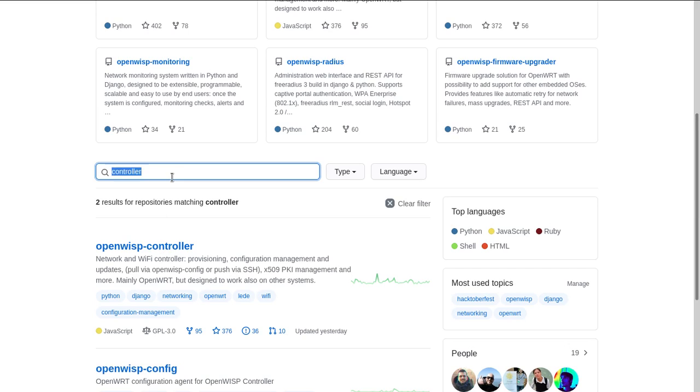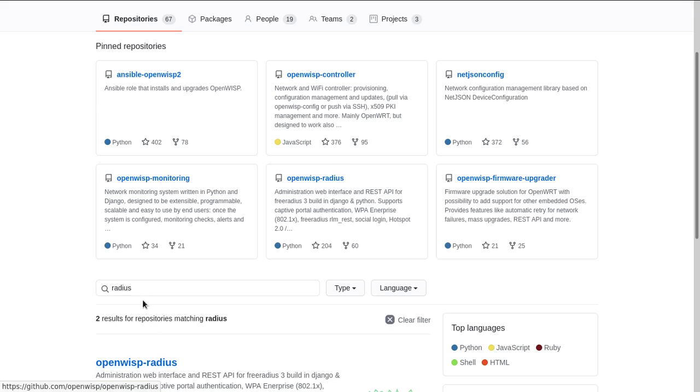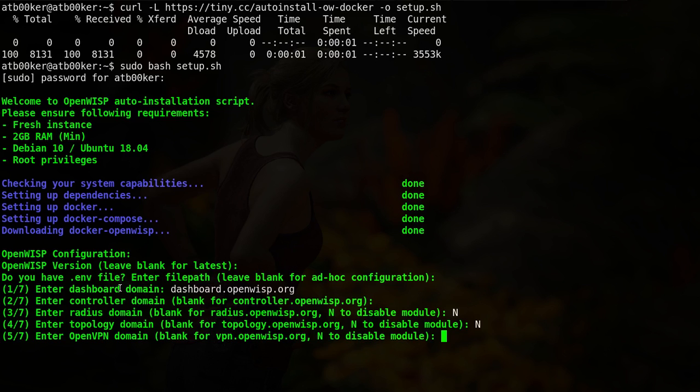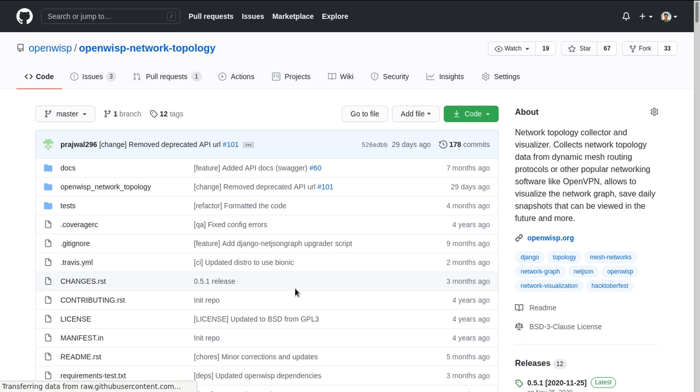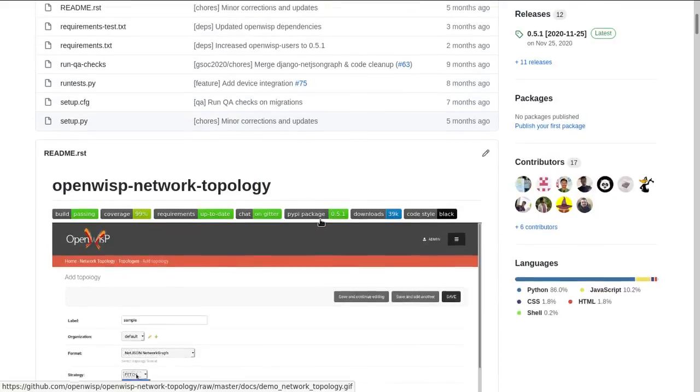You can look for the information about controller, Radius, topology, note that there is no module called dashboard, because that's just the front end that's going to be used by OpenWisp or Docker OpenWisp to show you the domain.